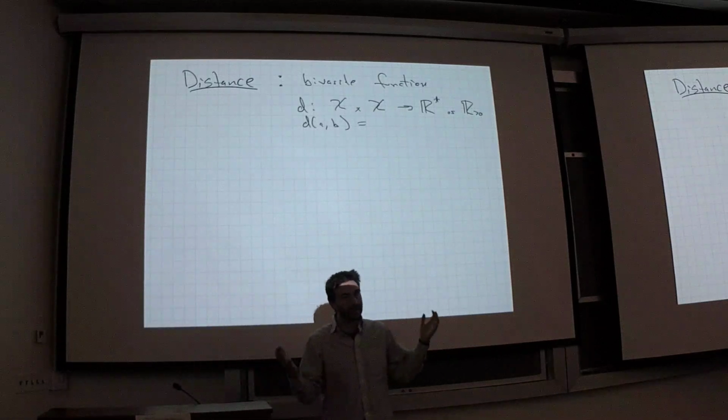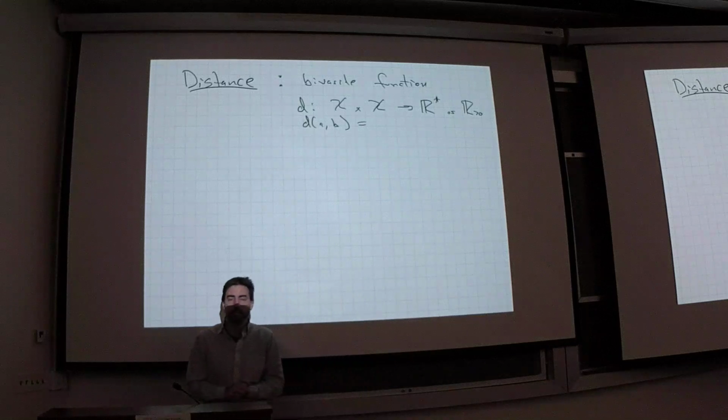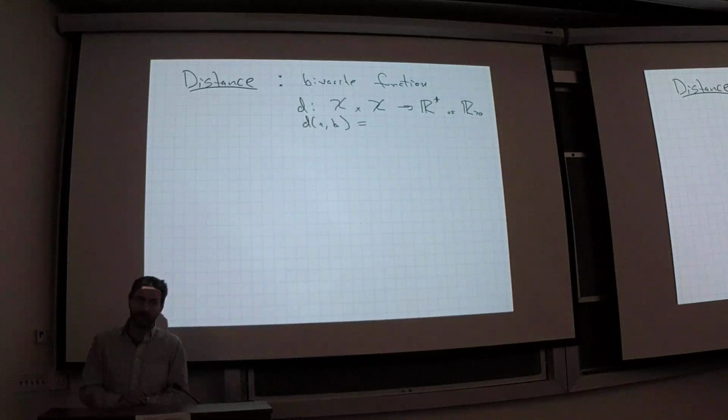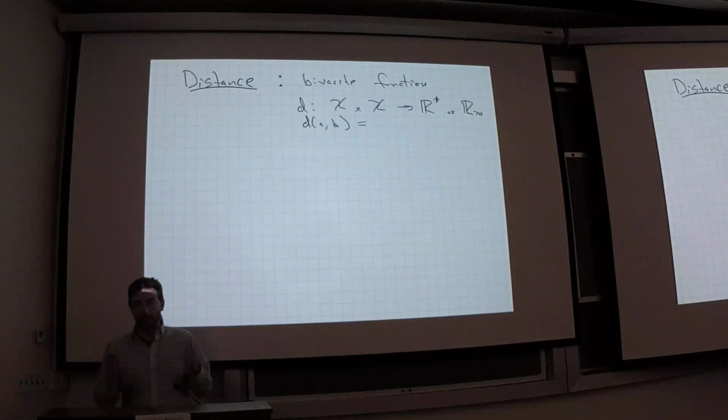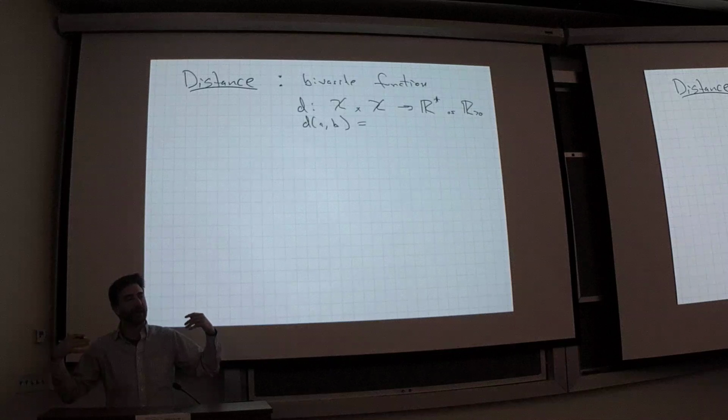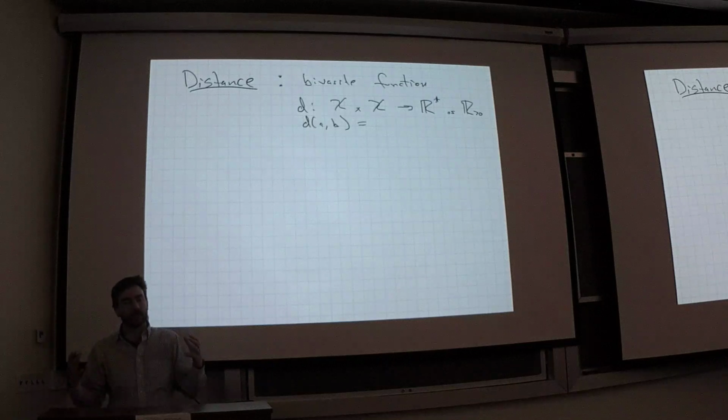So this does not say a lot about what a distance is, and there can be a lot of functions which are distances, and a lot of them are reasonable. And today's lecture is going to list some properties of them, and then talk about some examples which are coming up very frequently in